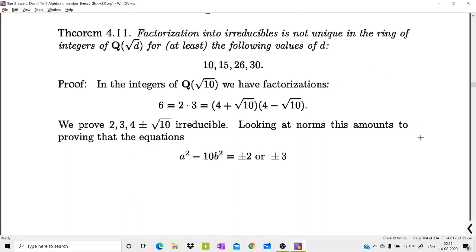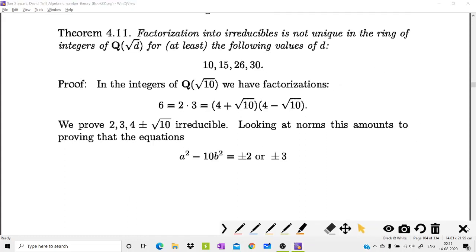In the previous theorem, we have seen some examples of non-unique factorization in the ring of integers of the quadratic number field Q of root d with d negative. In this theorem, we will consider examples of non-unique factorization domains by considering the ring of integers of Q of root d with d positive. So the examples are the ring of integers of Q of root d with d equal to